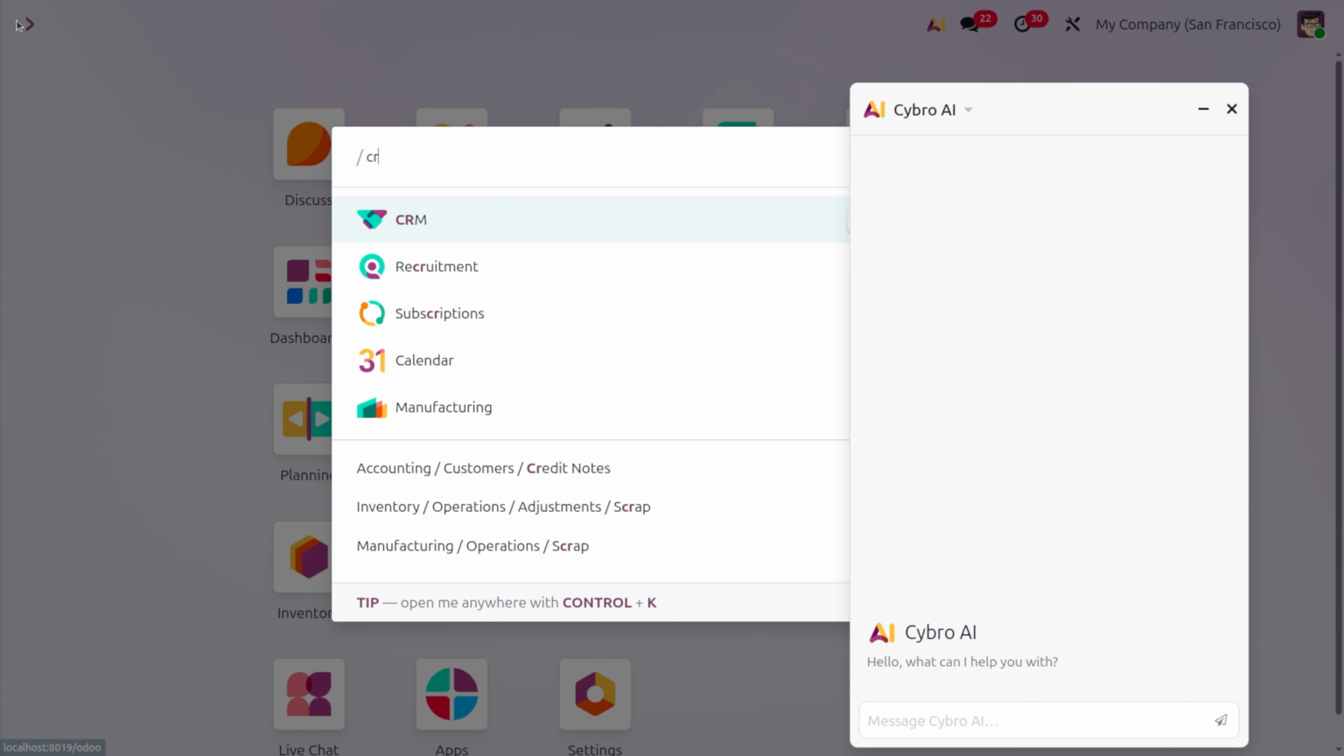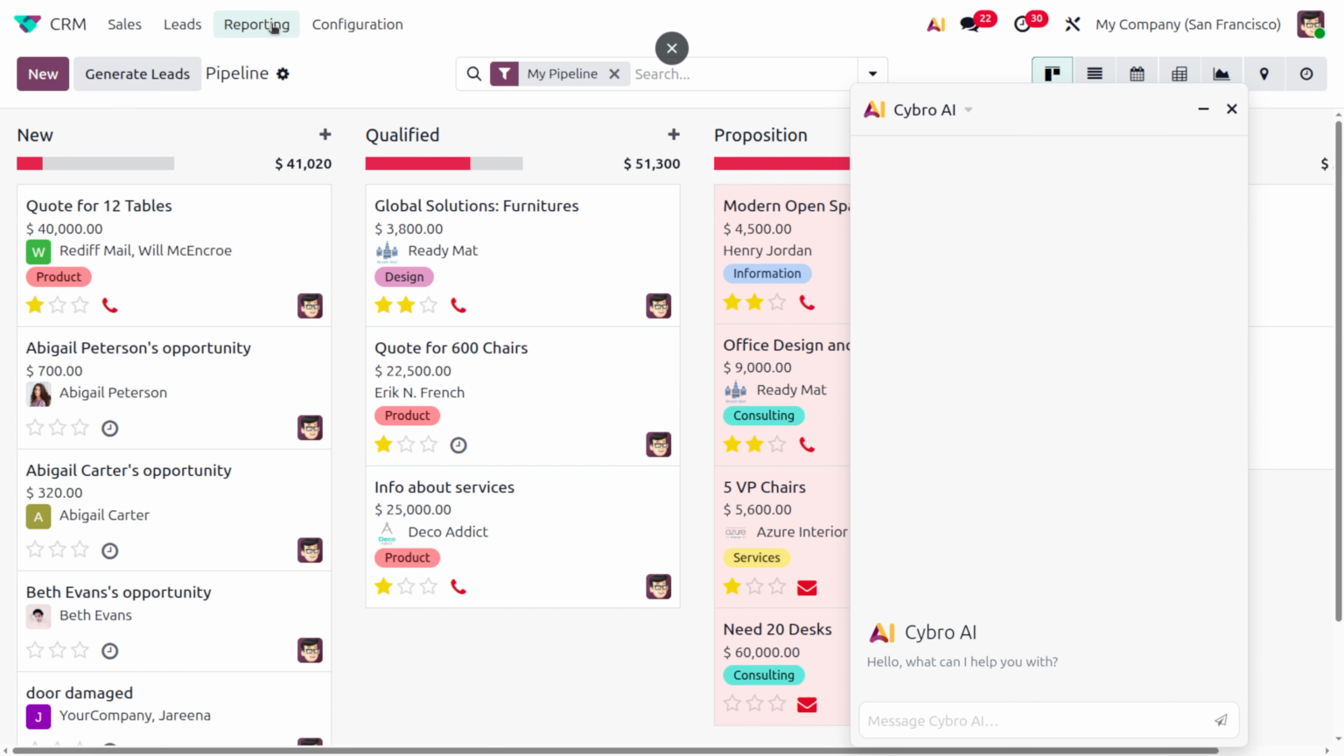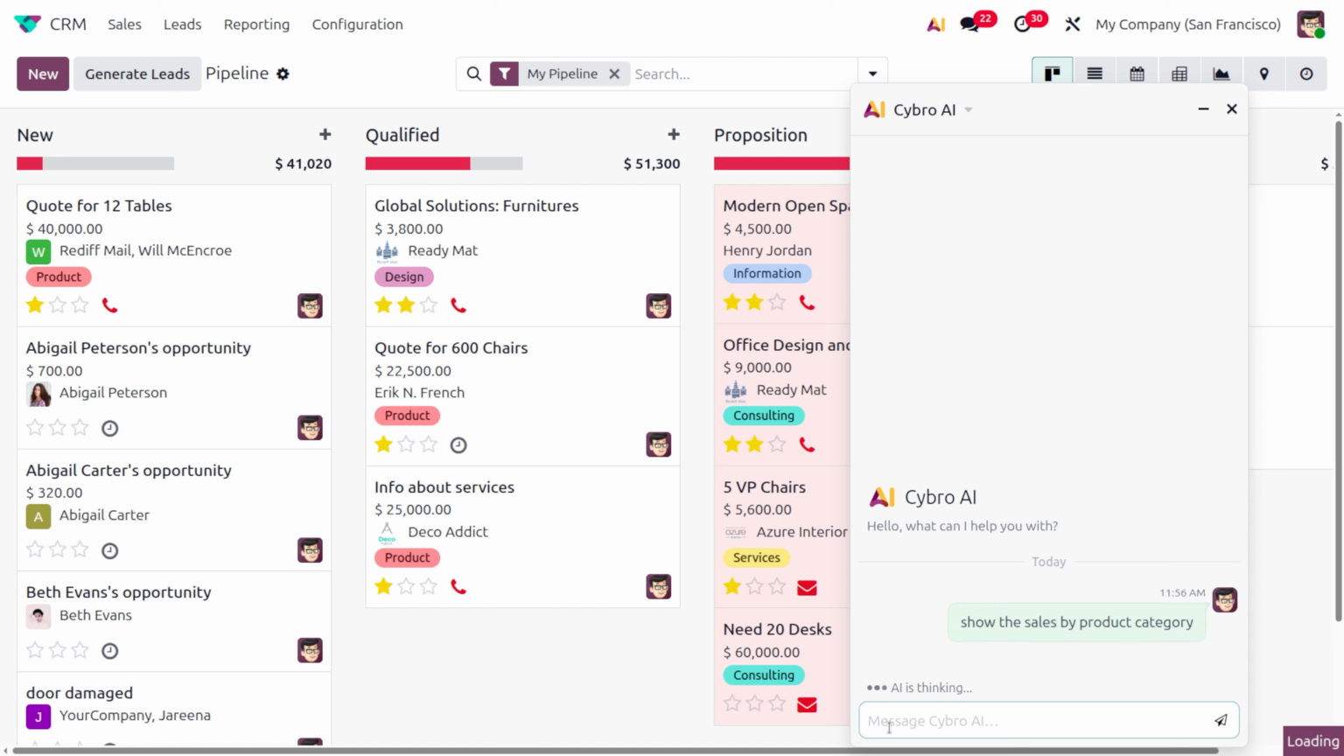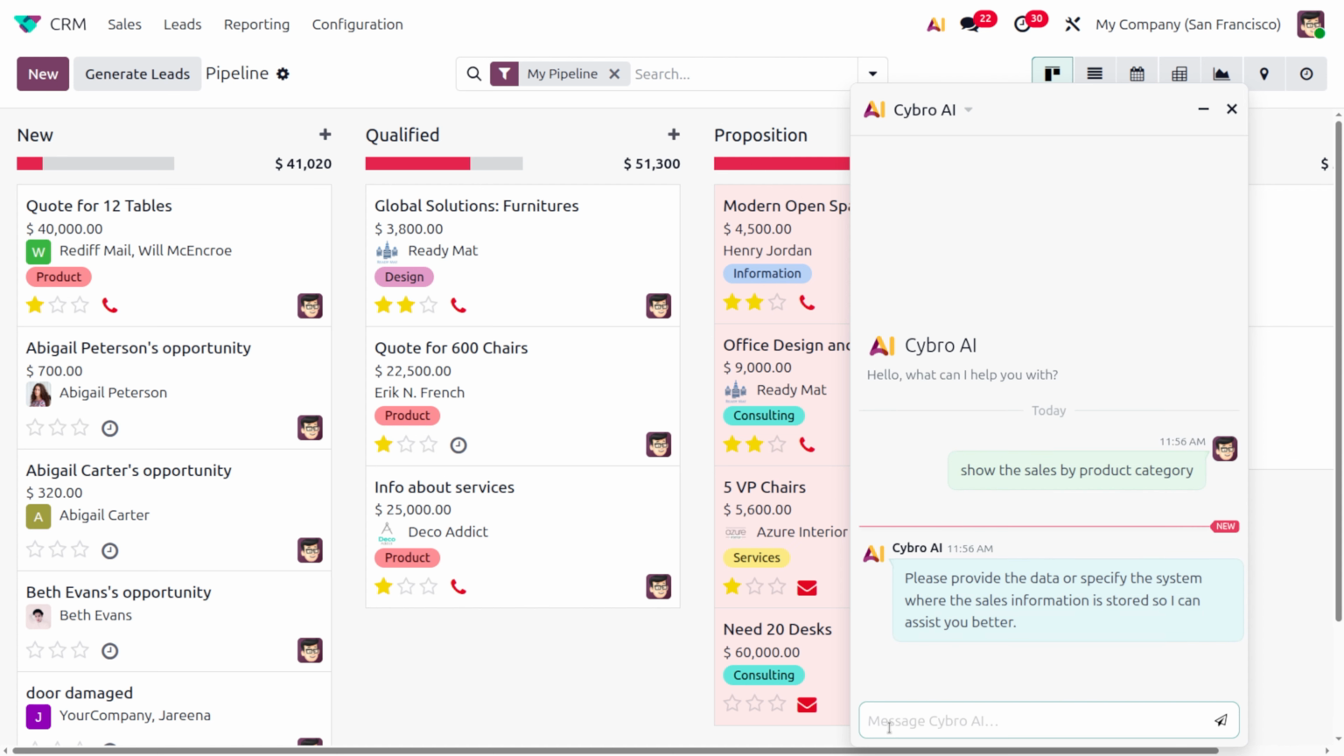Now let's move on to the CRM. In the CRM, we know we have the reporting sessions. We can find everything. Or if you want to show the sales by product category, you can give the prompt over here: show the sales by product category. Once it's been set, you can click on enter, and here you can see it says please provide the data or specific system where the sales information is stored